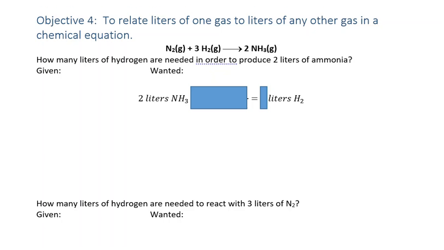And as we have been doing all along, first off, we have to figure out what they are giving us and what is wanted. Where are we starting and where do we want to end up? So what are we given? Well, we're given 2 liters of ammonia. That's on this side. What do we want? We want liters of hydrogen. That's on this side. And then we just look up the equation here to see what the relationship is between